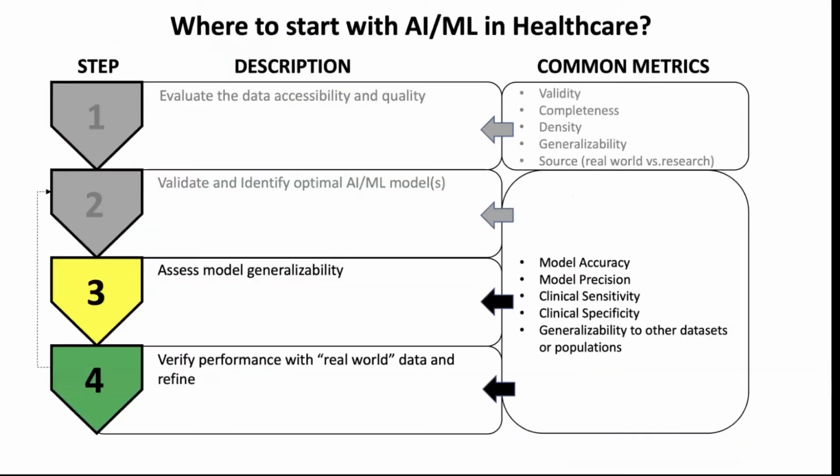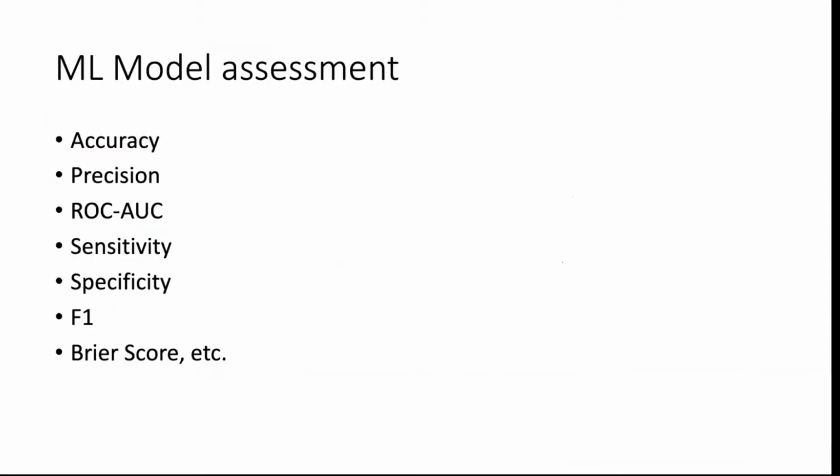You do all of this because you're assessing the generalizability of the models themselves so that they can actually perform for real world data ultimately. And obviously the model assessments are done with classic statistical parameters that you are familiar with, like accuracy, precision, which is another name for positive predictive value, ROC AUC, sensitivity, specificity, F1 score, or if you want to see how well they do in terms of probability itself, you can do a Brier score. These are different parameters that you can use within the machine learning world, but I'm sure you've heard about most of these things.